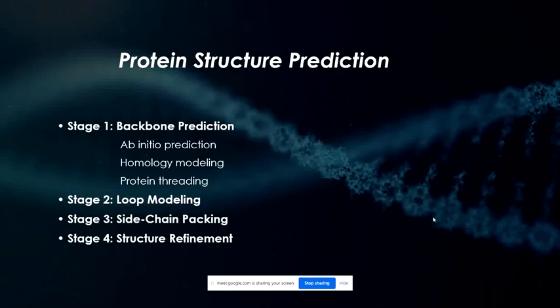After the backbone prediction is done, then you have to model the loops. What is a loop? The loop is that particular part where the structure is going to be different. That means the part is not going to have an alpha helix or a beta sheet structure. It's going to have a random structure, and that is where the difficulty lies, because a loop doesn't have a proper structure, and it's really difficult to give a structure to something which doesn't have a structure. Because how are you going to know what the structure is?